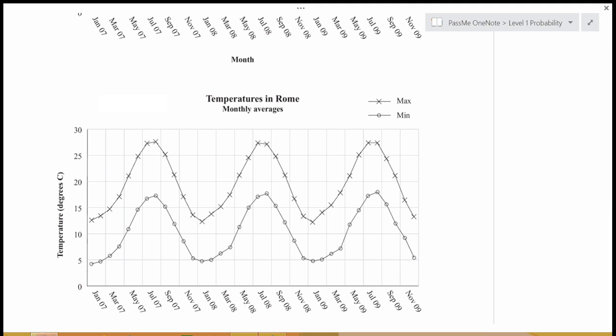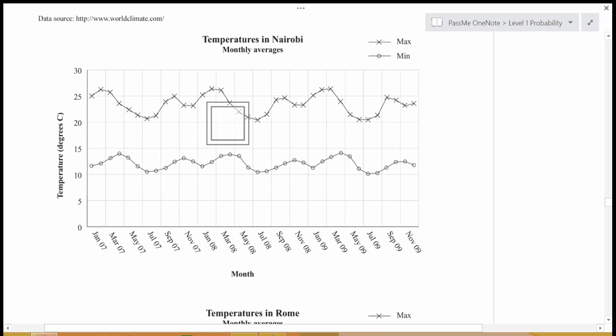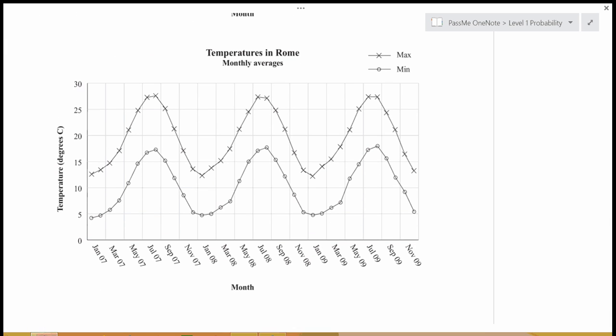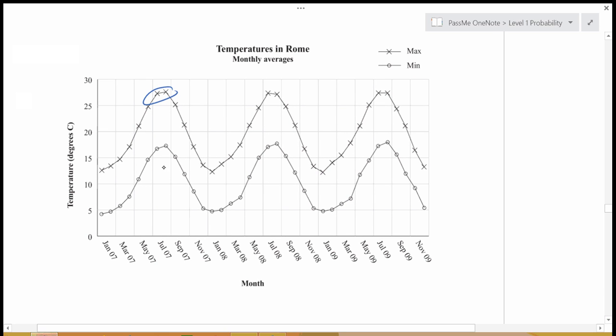But temperature is not everything. There's things like humidity as well to take into account, so that's a limitation. And you also don't know how long it stays at that temperature. Nairobi, for all you know, might reach its maximum for 2 minutes and then drop back down to its daily minimum. We're not told how long it stays at its maximum or anything like that. So that's a limitation as well. And same thing in Rome. On these really hot days, we don't know how long it's hot for. We don't know how long it's cold for. So we need more data really before we can say definitely where he should be.